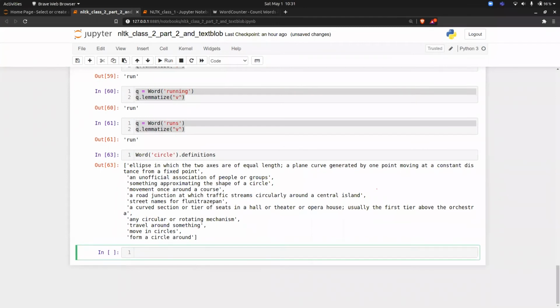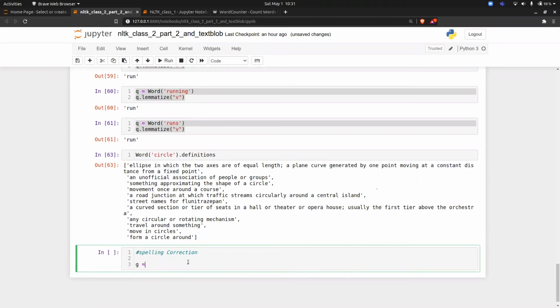Now the next thing which I again like about this is something called spelling correction. Some people were asking me, if there is a spelling mistake, then what to do? This is a perfect library for that. Suppose I type TextBlob and inside this, can you pronounce Czechoslovakia? I still don't know the spelling of it. Frankly speaking, I don't know. So what I will do is write what I interpret.